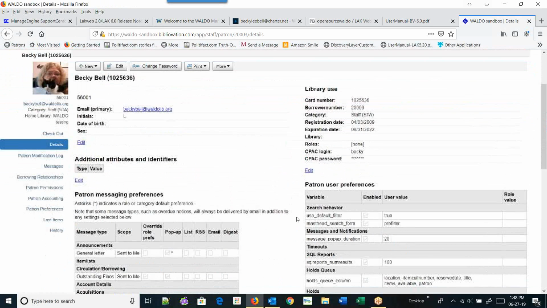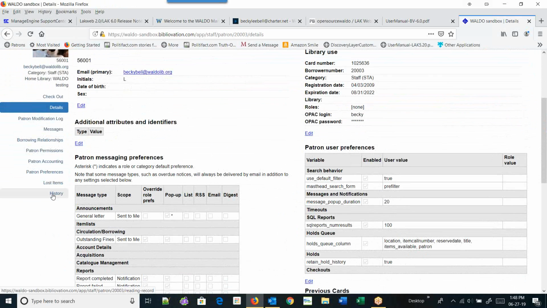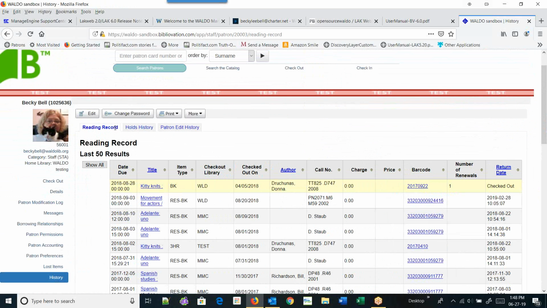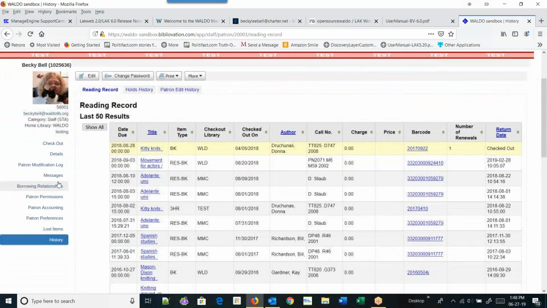And things look pretty much the same here. There's still the history button here, so you can get the history in terms of the reading record, the hold history, and the patron edit history. But on the details page,